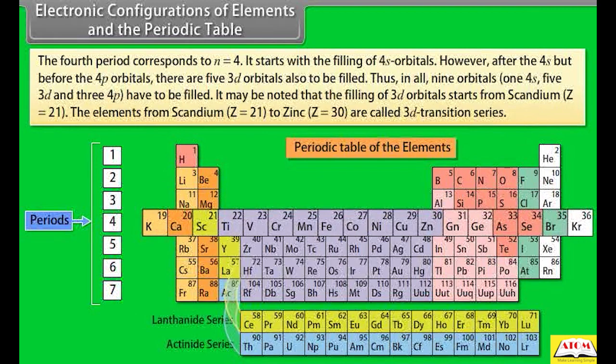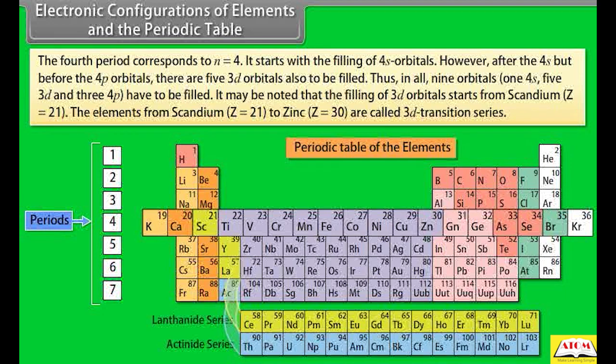The fourth period corresponds to n equals 4. It starts with the filling of 4s orbitals. However, after the 4s but before the 4p orbitals, there are 5 3d orbitals also to be filled. Thus, in all, 9 orbitals, 1 4s, 5 3d and 3 4p have to be filled. It may be noted that the filling of 3d orbitals starts from scandium, atomic number 21. The elements from scandium, atomic number 21, to zinc, atomic number 30, are called